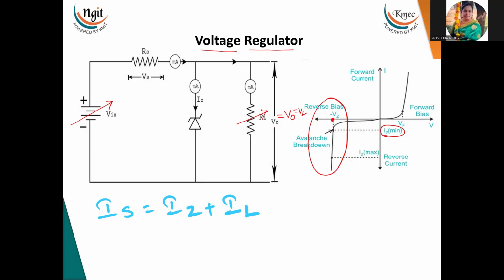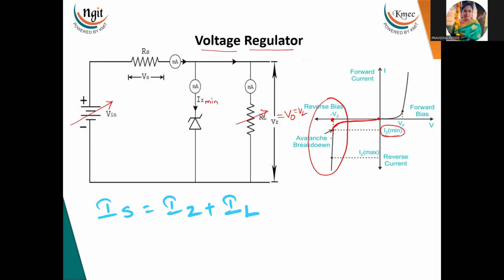If the current flowing through the Zener is less than this IZ minimum, then here you can see the voltage is not VZ. Here it is 0. As the voltage is increasing, across the Zener also voltage is increasing. And after reaching VZ, Zener breakdown occurs, so it is giving the constant voltage and current is increasing. So below the IZ minimum current, Zener will not give the regulation. That's why we have to design the circuit such that the current should not go below the IZ